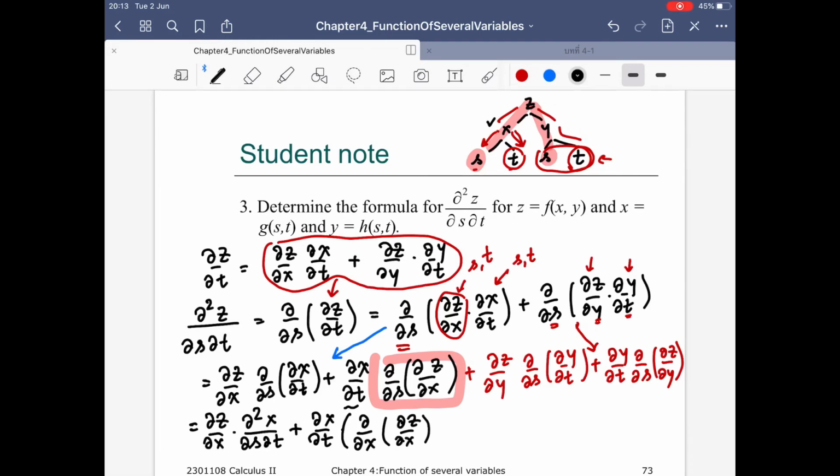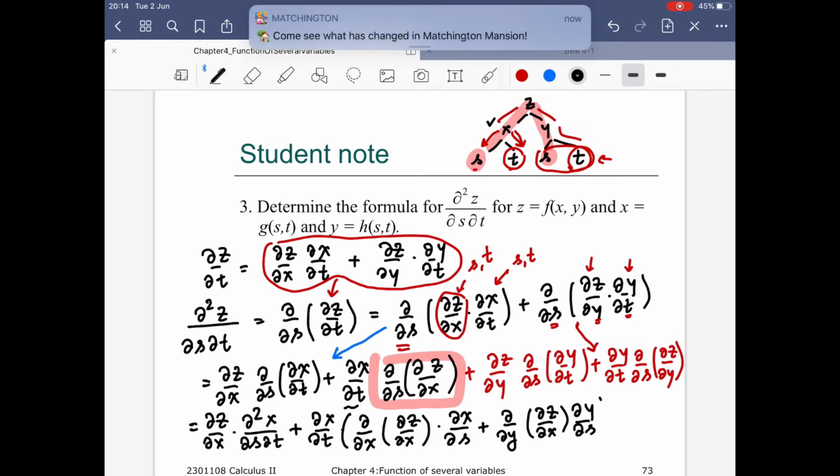Instead of z, you are now working with a function dz by dx, but then dx by ds. Look at this one more time. If you just cancel these two, what is it that you end up with? You have d by ds of dz by dx. So this is the first contribution through the x, but then you need the second contribution through the y as well,